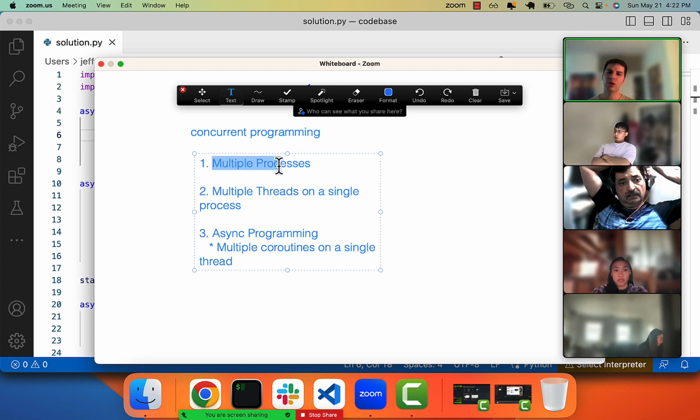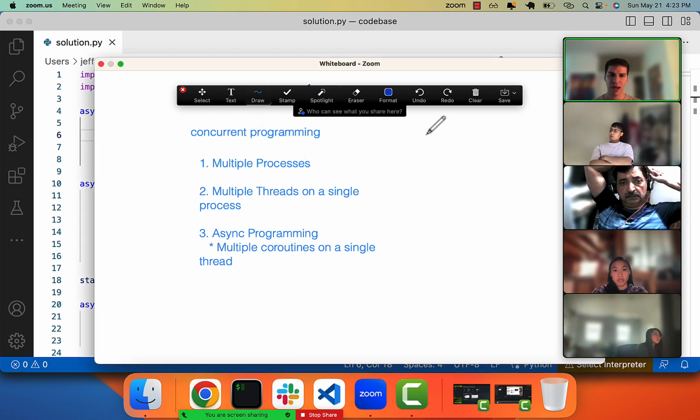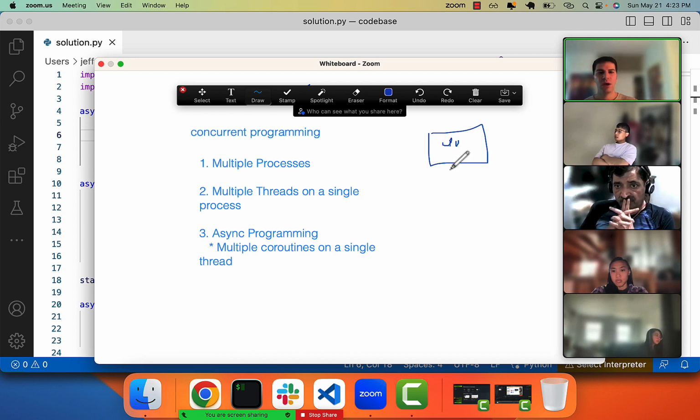So for the multiple processes thing, what you have to know is, well, you have your computer, and your computer has a CPU, and this is what actually performs tasks for you, but what you really care about is the number of cores, okay? So, I think on my Mac, maybe you have like 8 cores. And this is what truly can be run simultaneously: 8 different procedures can be run at the same time if you have 8 cores. Okay, so the number of cores